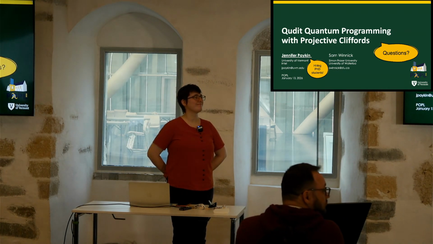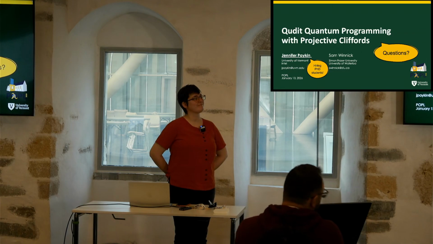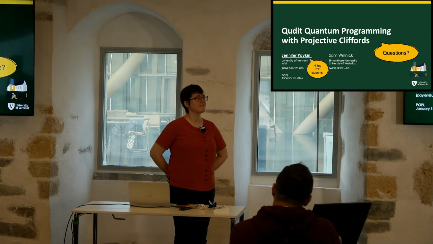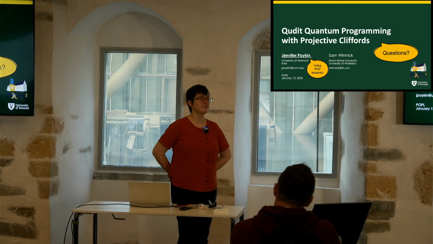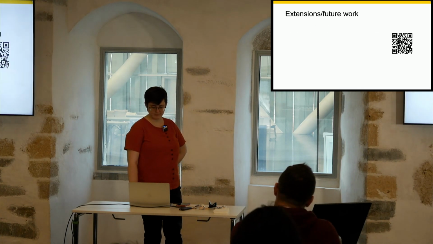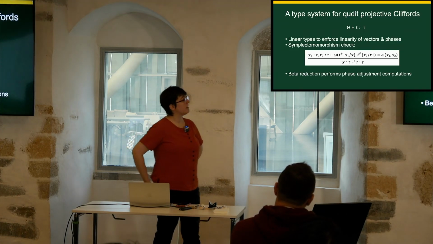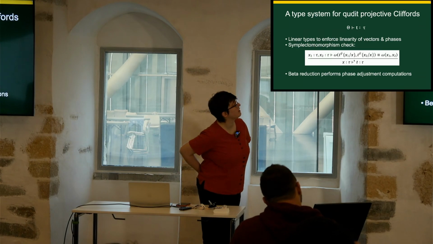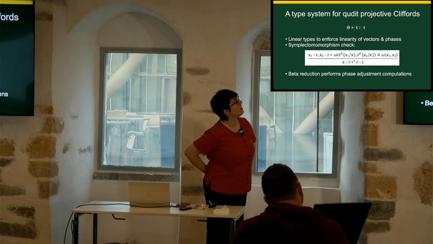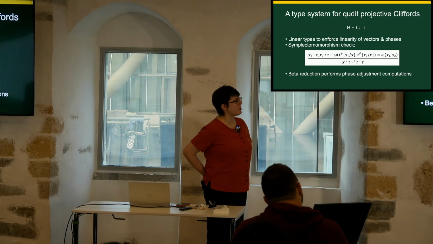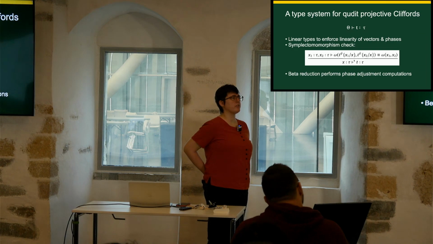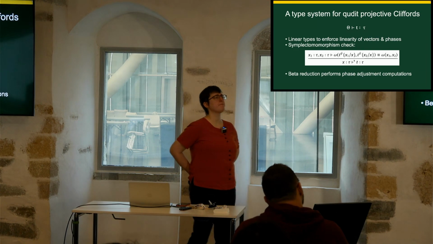Hi, thanks for the talk. You mentioned the thing that checked the symplectic form was checked by an SMT solver. Do you know if this is a decidable fragment of SMT solving? Or more in general, do you know that your type system has decidable type checking? This should be decidable. It's all in terms of bit vectors. So it should fall in some decidable fragment of the SMT system. Okay, thank you. Yep.